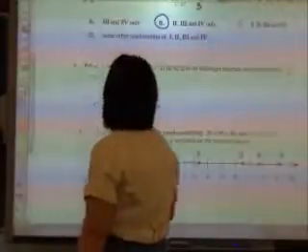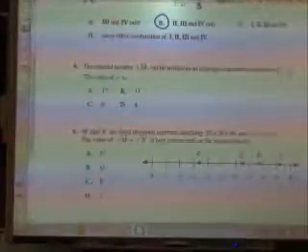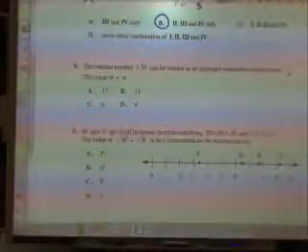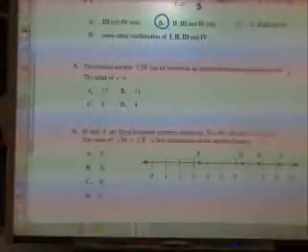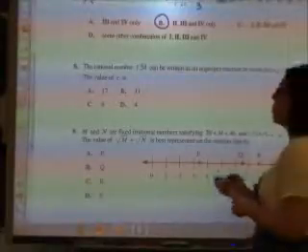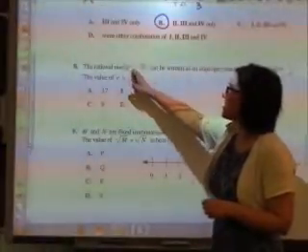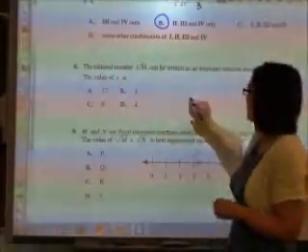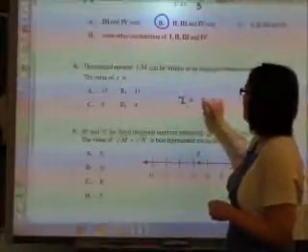Question number 8. The rational number 1.54 repeating can be written as an improper fraction in simplest form of c over d. What is the value of c? So to write repeating numbers as a fraction, it's a little bit difficult. We didn't spend a lot of time on it, and it wouldn't be on your final exam, but we can go through it because it's still a good skill to have. So what I need to do is do something to get rid of this repeating pattern. So I let x be equal to my